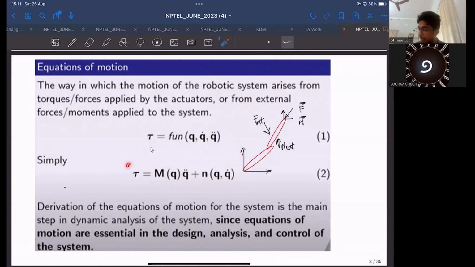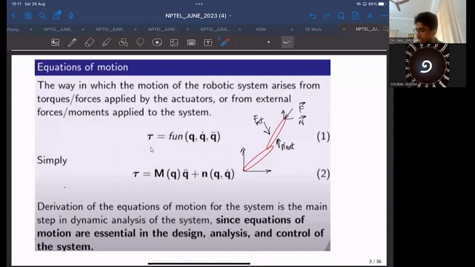Actually, this is nothing but a multi-body dynamics formulation, because it consists of all the forces and torques and all the motion parameters regarding all the rigid body members of a robotic system. This is what we call the multi-body dynamics equations of a robotic system, or you could also call it the equation of motion of an entire robotic system, right?